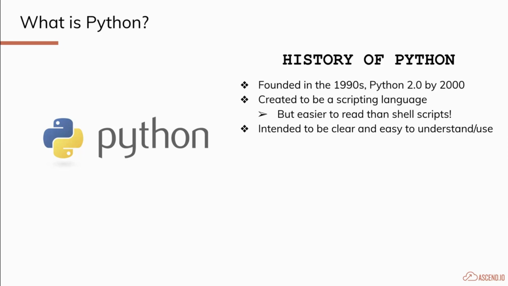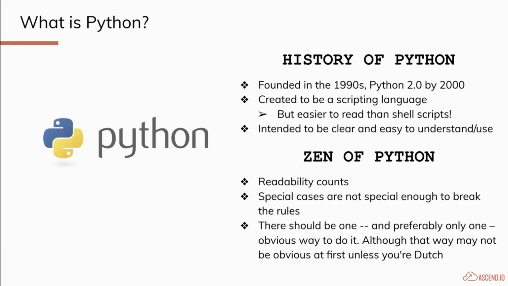But this is a fairly recent language, coming in around 2000, especially with the heyday of Google. And the idea central to that was that it was created to be a scripting language, right? It's easy to read, better than shell scripts, and definitely understandable even for the common user, right? And that comes with its own tenets. It has about 17 to 19 of them, and some of my favorites are listed here.